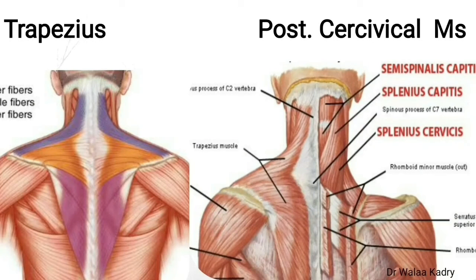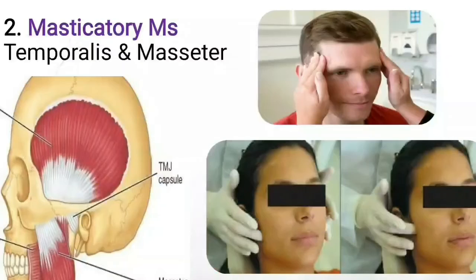Trapezius muscle has 3 types of fibers: superior, middle, and inferior fibers. Trapezius muscle is examined, as we mentioned before, for any areas of tenderness or trigger points. After finishing the cervical muscles, we examine the 4 muscles of mastication: temporalis, masseter, and medial and lateral pterygoid. Temporalis and masseter are accessible for direct palpation,